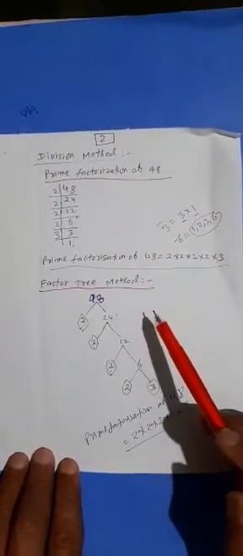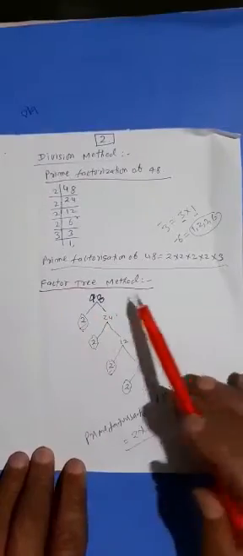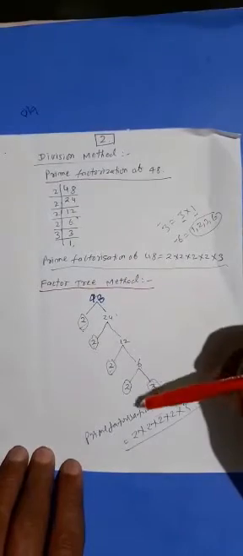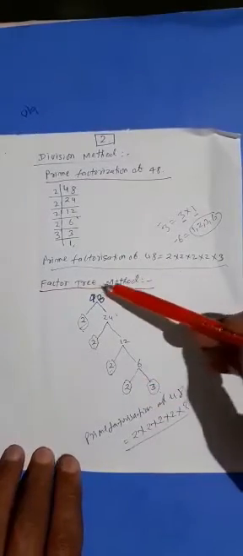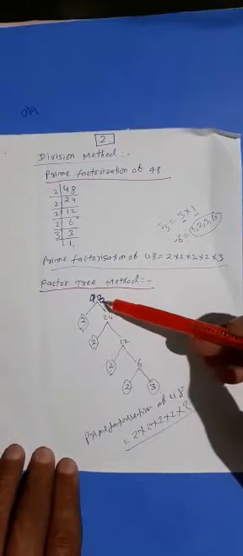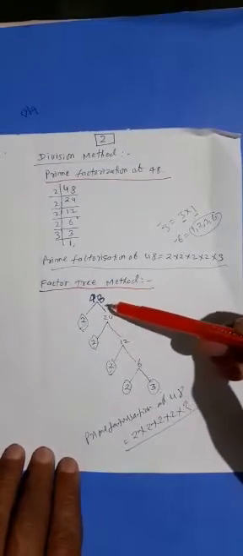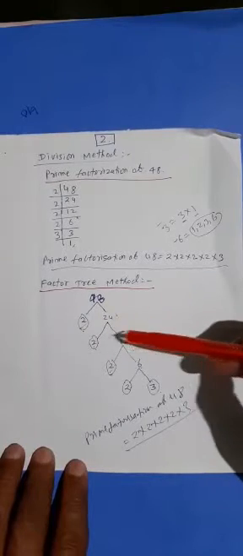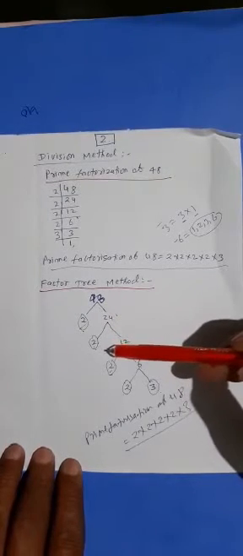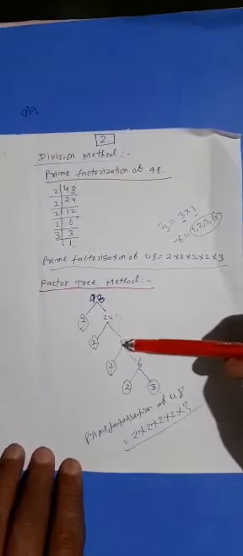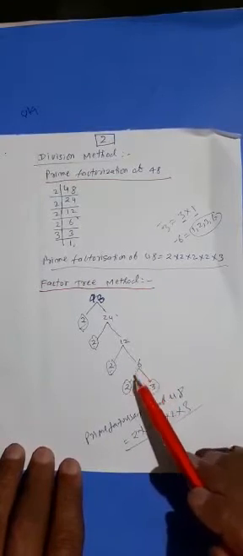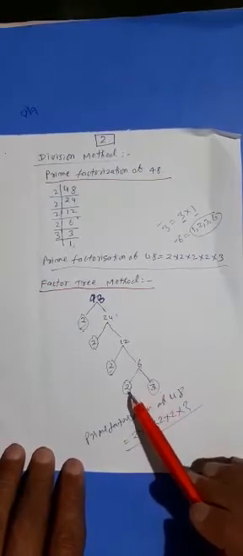Now the second method, the factor tree method. We have taken the same number and we shall check whether the answers of both methods are the same or different. In the factor tree method, 48 can be written as 2 multiplied by 24. Here 2 is a prime number, let it live here. 24 is a composite number, we shall again factorize it. 24 again can be written as 2 into 12. 2 is a prime number, let it live, and 12 is a composite number, again factorize it. 12 is equal to 2 into 6, again 6 is a composite number and 6 is equal to 2 into 3.